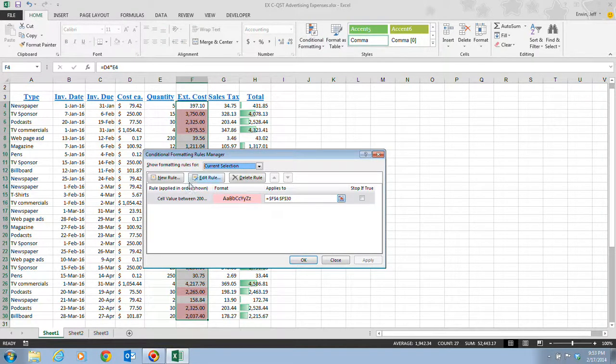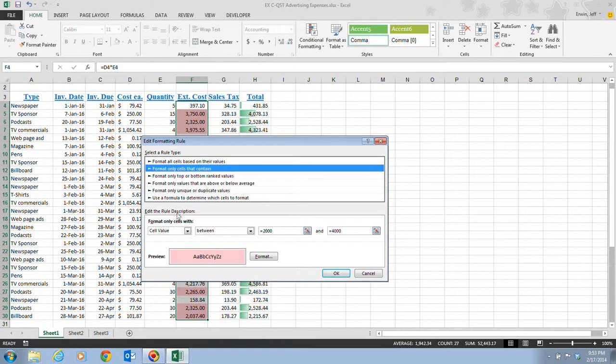And then this is when we can change the rules that are on there, and we can edit our rule, and notice that there are some changes that we can make here. You select the rule that you want to edit, click on Edit Rule, and then you can modify the settings in this Edit Rule. Of course, the description area and the Edit Formatting Rule dialog box is there. To change the formatting for a rule, you can click on the Format button in the Edit Rule description area that's on there,